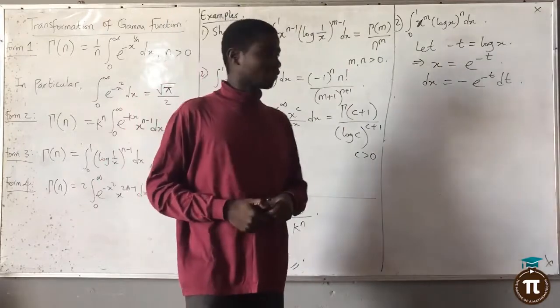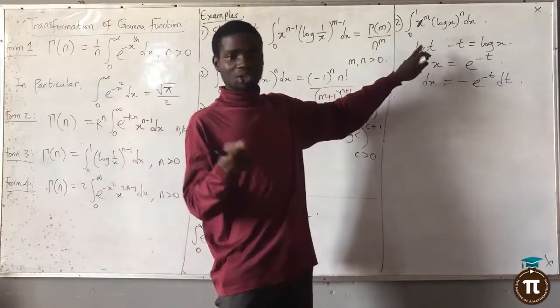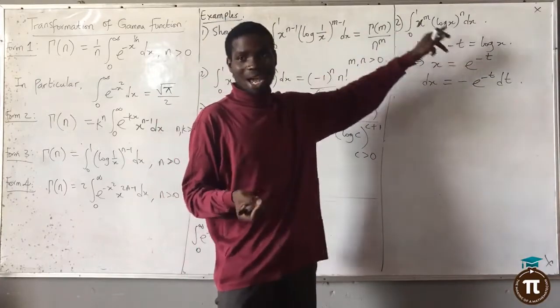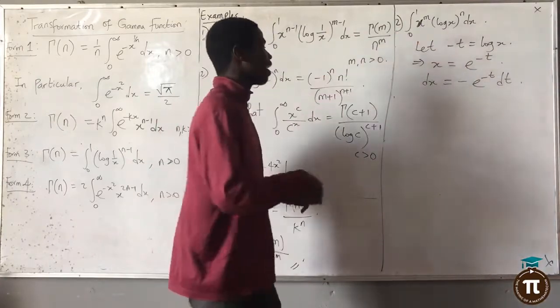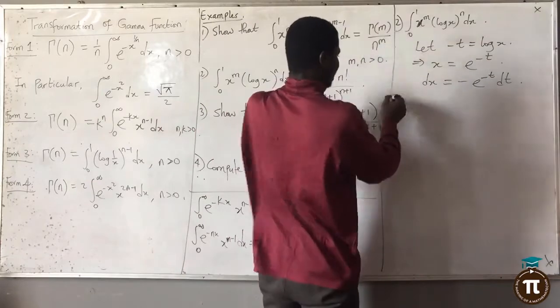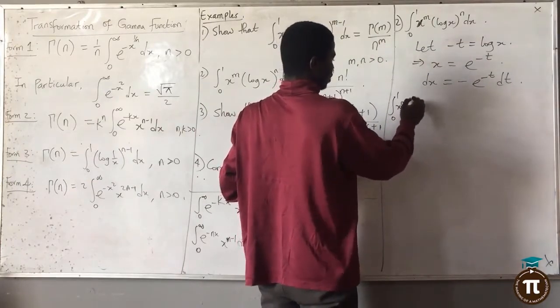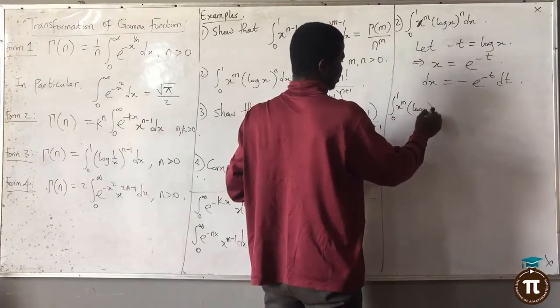That's what I'm going to have. Of course, you now know the logic. When s is 0, t is infinity. When s is 1, t is 0. So I have this one, integral from 0 to 1 of s raised to the power n log s raised to the power n ds